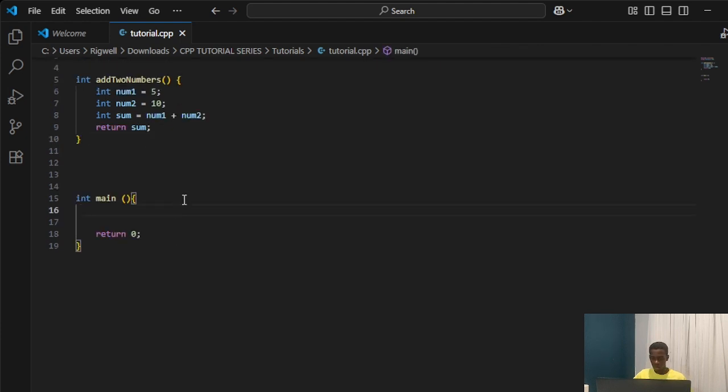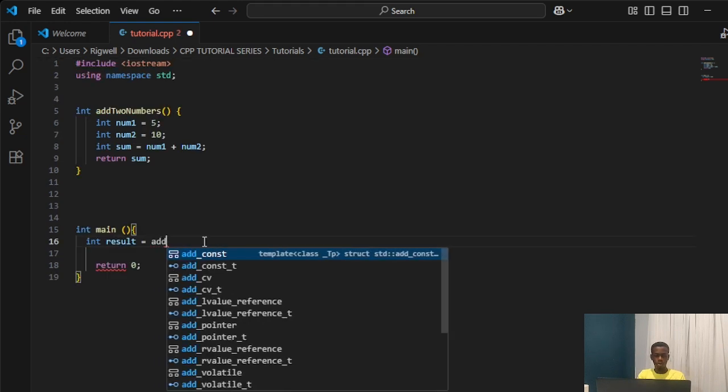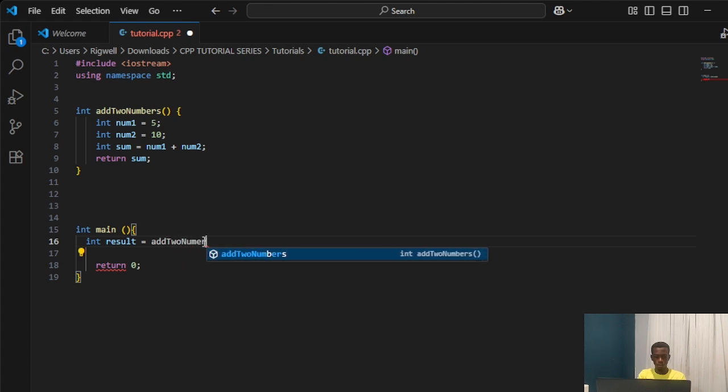And in our main function, we'll int the results. So we are calling for the function we have declared outside the main function to work in the main function. So integer results equals add two numbers. Yes, then we bring this, close that. Now output to the console. The sum is